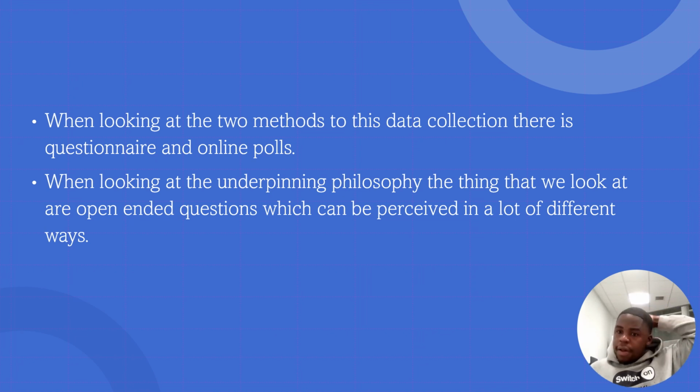When we are looking at the negatives of quantitative research, the first one is it doesn't take place in a natural setting, meaning that it moves around a lot. It's not in one area, so people can just do it anywhere. That means people might give wrong answers, which then means the data isn't going to be right, the statistics aren't going to be right, and everything's just not going to add up. One more limitation is that a lot of people do not understand questionnaires nowadays. They need some people to explain it, and at some point